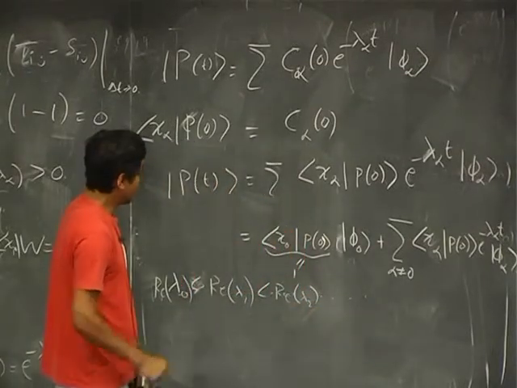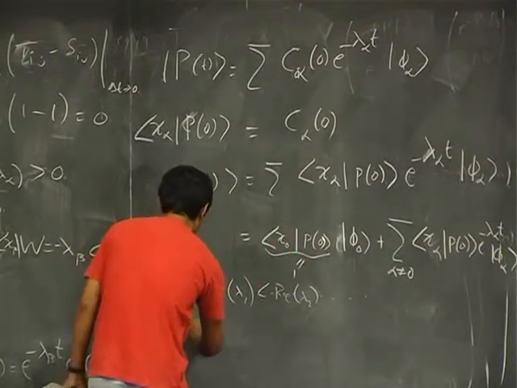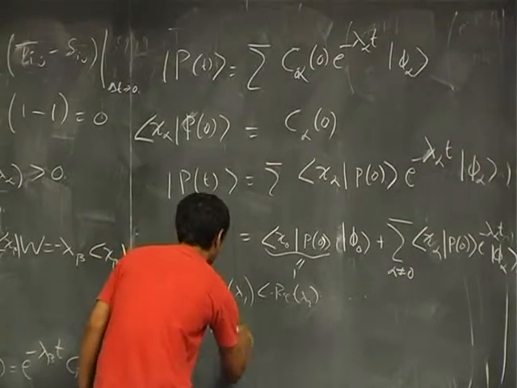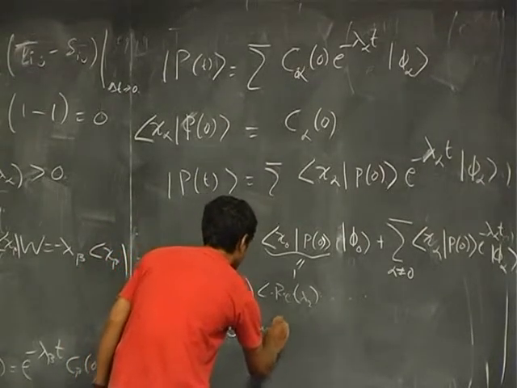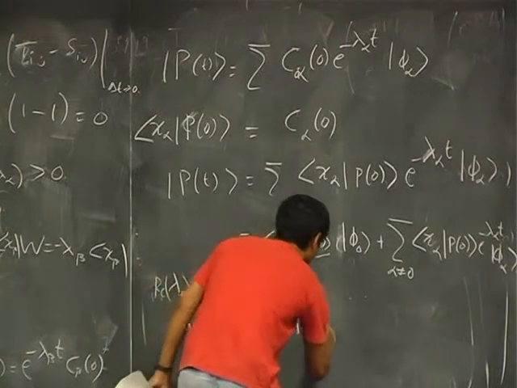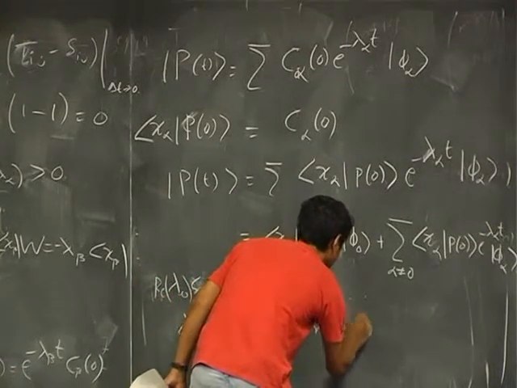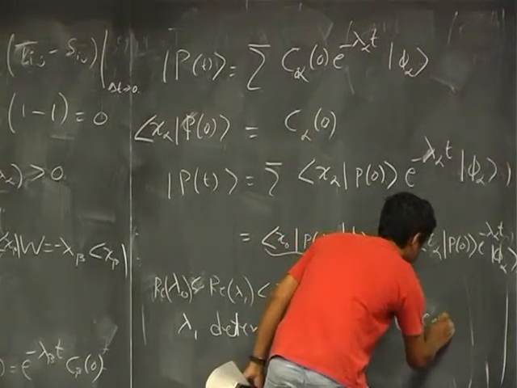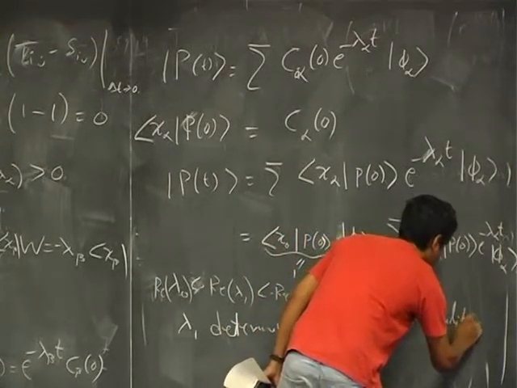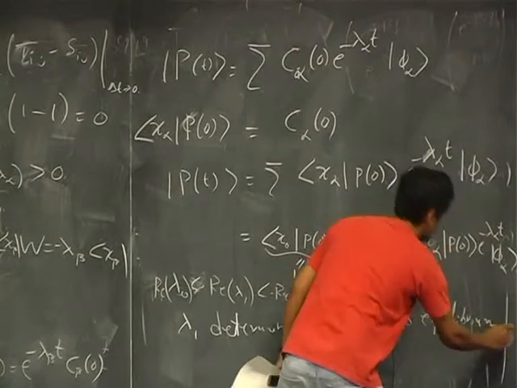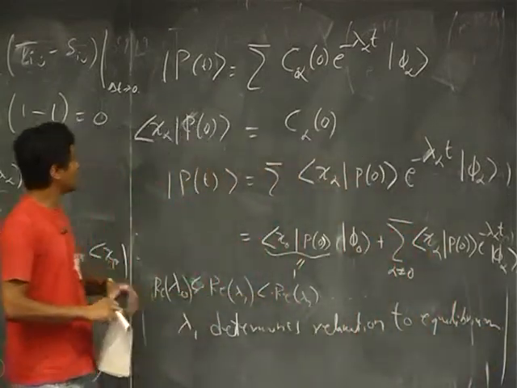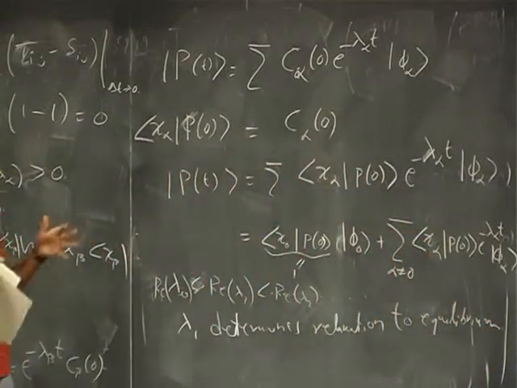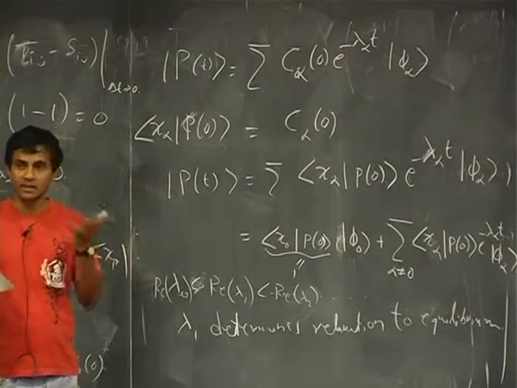Right. So then lambda 1 determines relaxation to equilibrium. Okay, so therefore quite often a lot of effort is just to find this. So given any stochastic process, you know this W matrix, and you want to find its ground state,